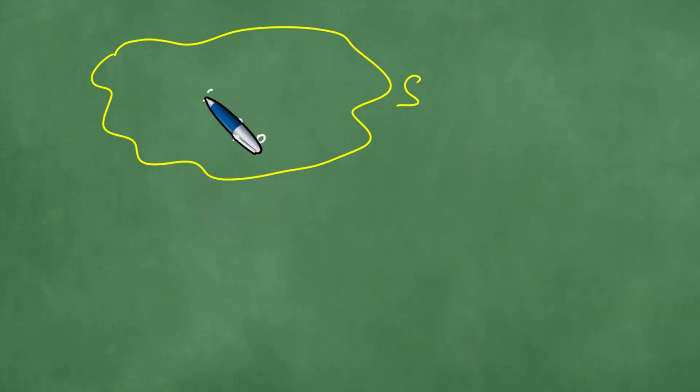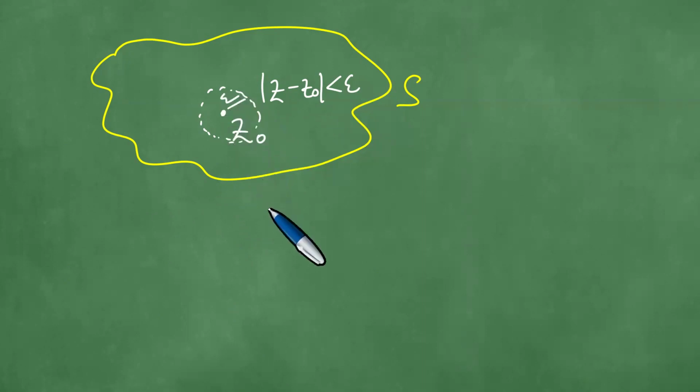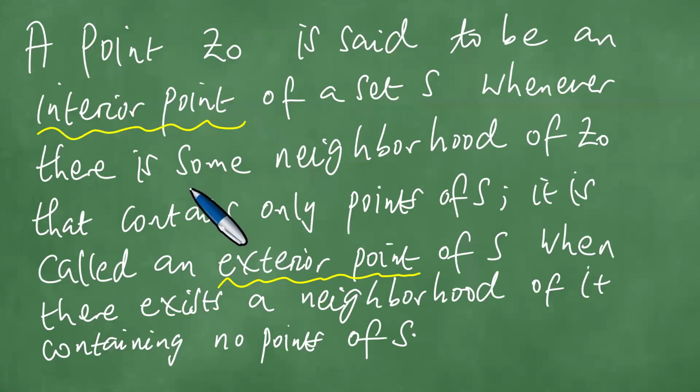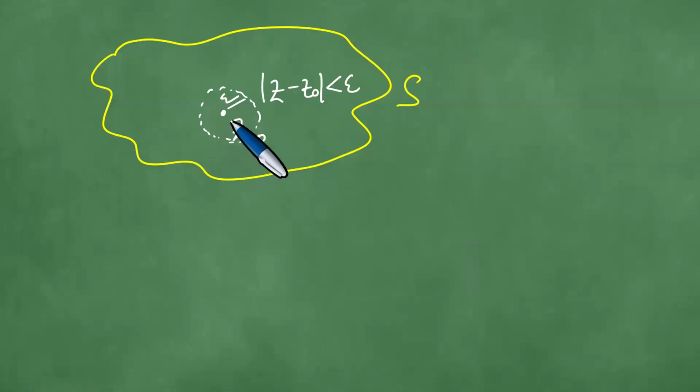And I was saying this point is called an interior point whenever you can take a neighborhood. So a neighborhood is like an open set, an open set with the property |z minus z0| is less than epsilon. So yeah, this is some epsilon radius. Okay, so as much as we can have some open set, because this is very important, some neighborhood of z0. So obviously, you take some radius that is reasonable,